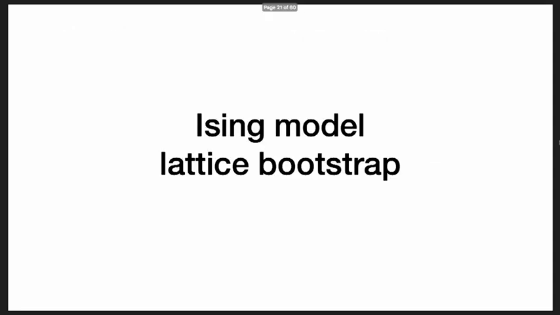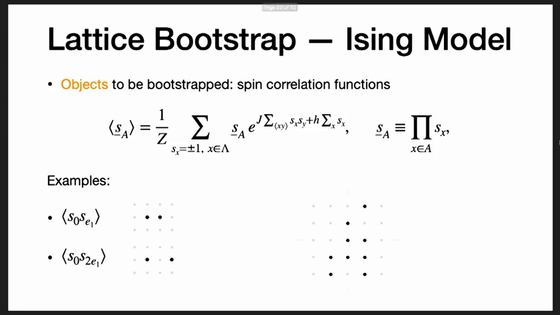So with this, let me begin by describing how we do this in practice. So here's the formula that I promised. More precisely, the spin correlators, which are the observables or the objects that we wish to bootstrap. What it means is you choose a configuration of spins, a product of them, like this, for example, with the most generic case. Stick it into the partition sum, weight them with this probability distribution, sum over all possible spin configurations, normalized in some way, and that's what we call the average value of such a spin,